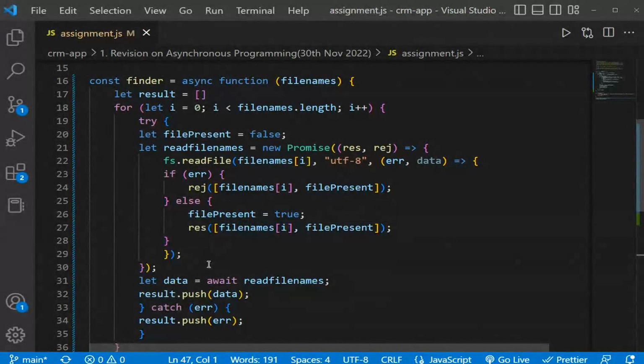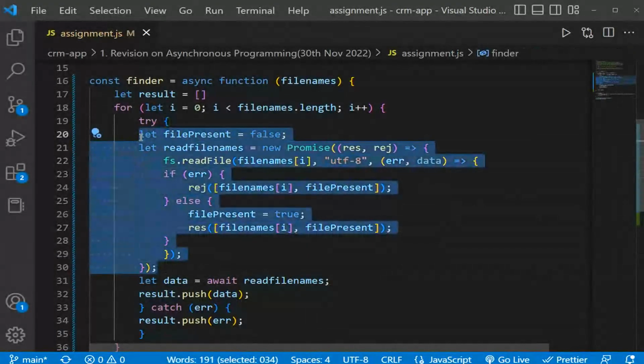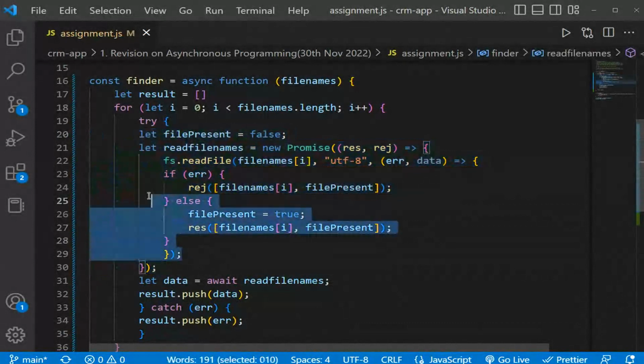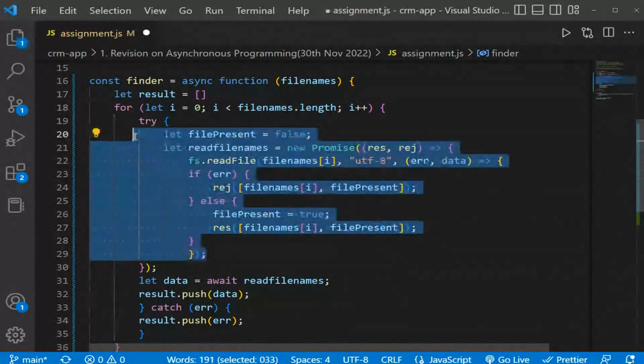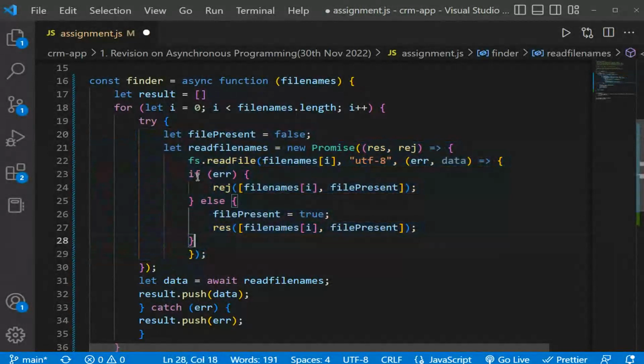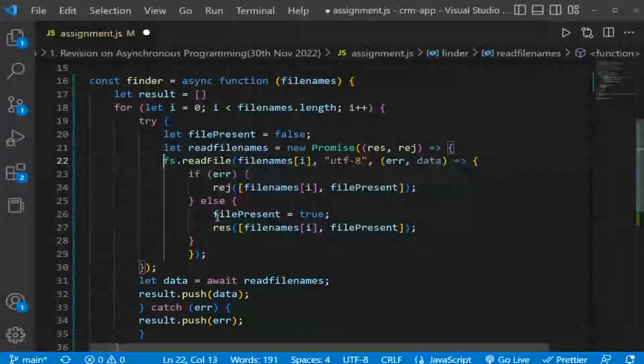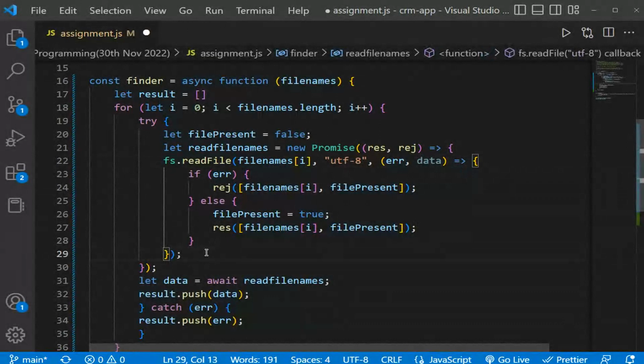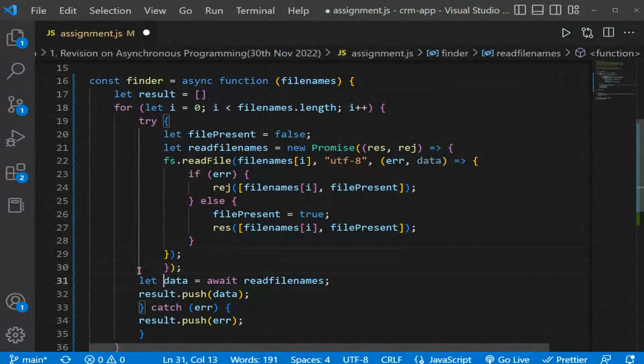Try. Everything inside the try block should go one tab forward, and this should come one step back. Now, what is the problem? This should come one step back. Try is, and this should also go one step.